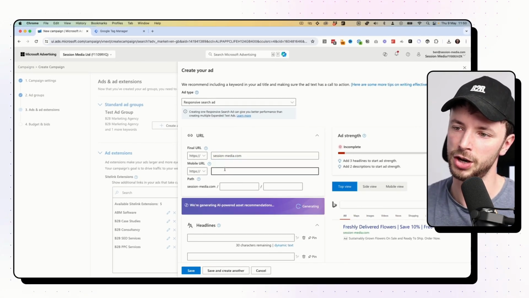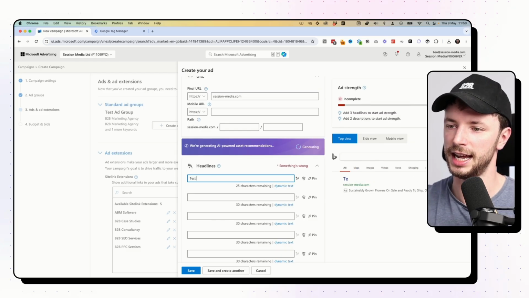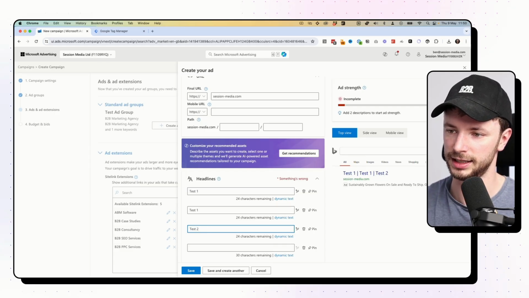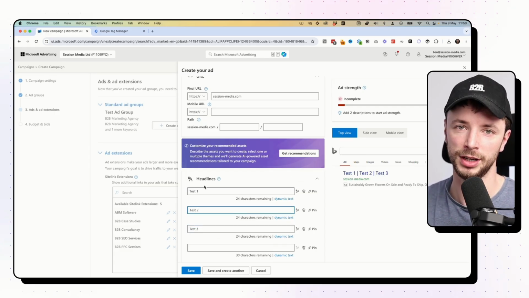You can add a different mobile URL here, and then you can add your headline. So we call it test one. I'm not going to go here and do ad copy, as that would take a lot of time to go through and create. What I have done, and what I'll link to below, is how you can